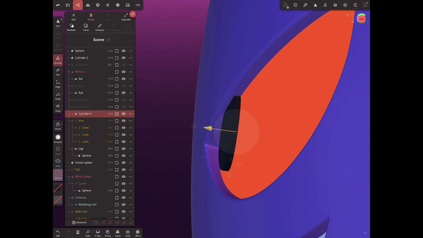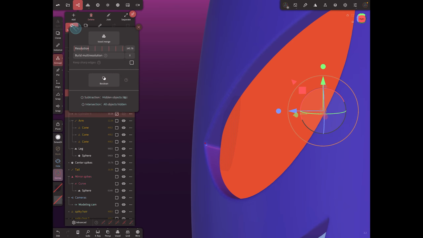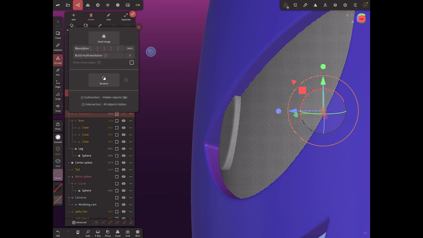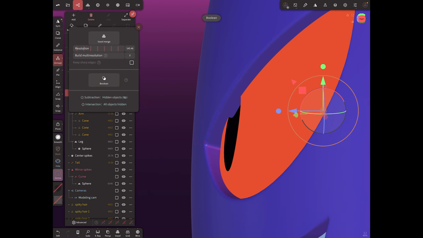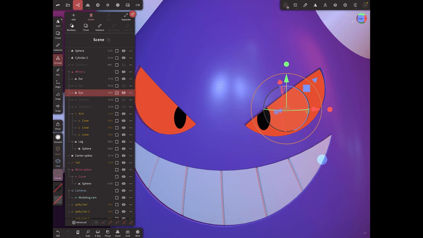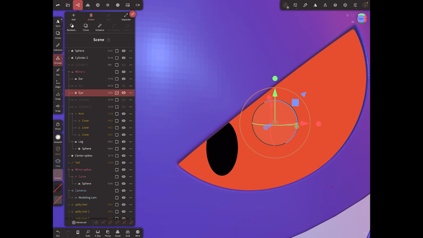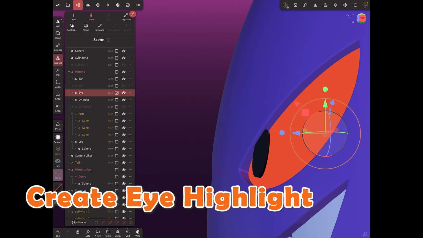And we're going to do a boolean of these two. Hide this eye. Check both. Boolean. Now we have it. Okay, it's a bit hard to see, but let me apply